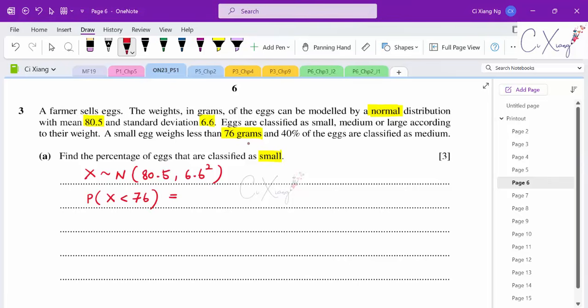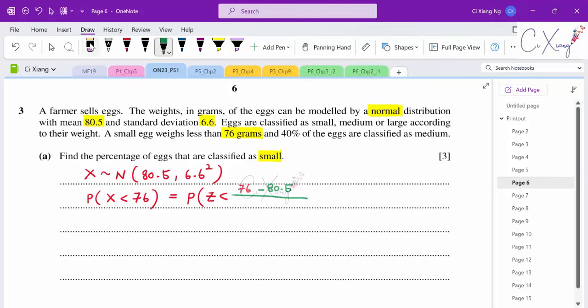Okay, so since this is a normal distribution, to find the probability, basically you need to change it to z. You have to standardize your x to z. So how do you standardize your value from x to z? You take the original value of x, which is 76, minus the mean, so minus 80.5,